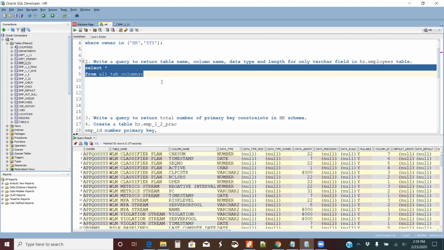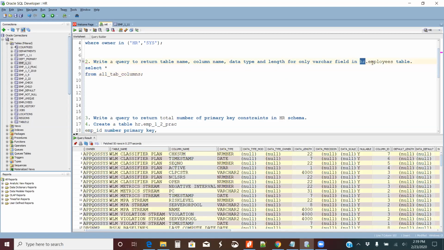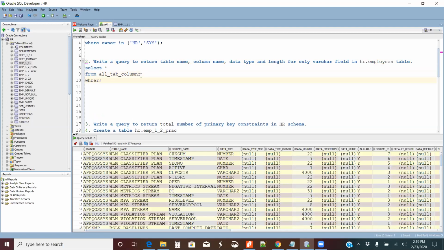Okay. Do I want data for all tables and all schemas? No, right? I only want it for a specific table and specific schema, right? Yeah. Okay. You want it from the HR schema. Owner should be HR and the table should be employees, right? Where